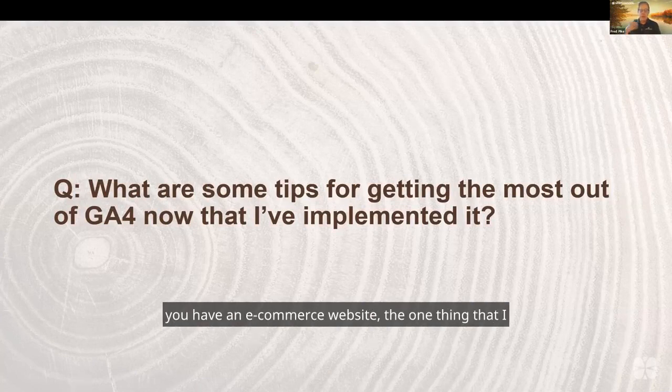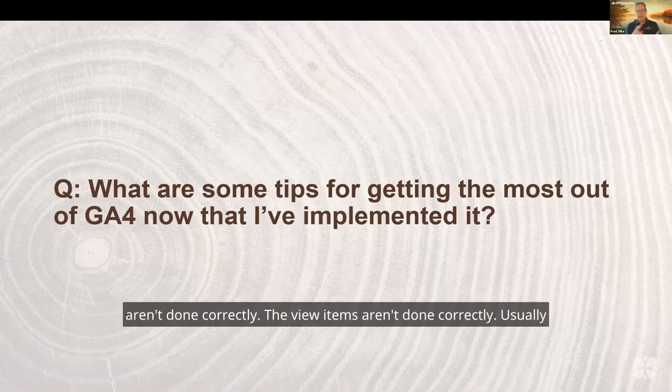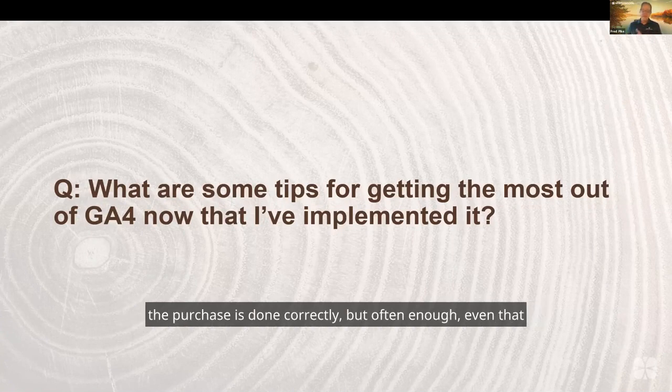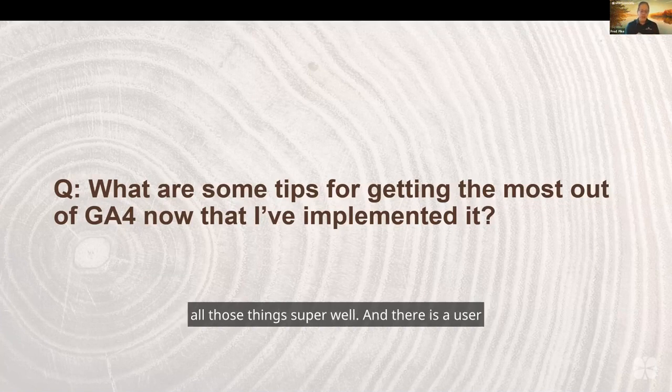So, for example, if you have an e-commerce website, the one thing that I see all the time is that the e-commerce portion and tracking is not set up correctly. The add to carts aren't done correctly. The view items aren't done correctly. Usually the purchase is done correctly, but often enough even that is messed up. So if you're an e-commerce site, the first thing I would say is make sure you're tracking all those things